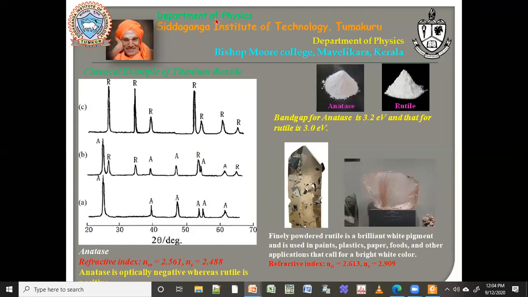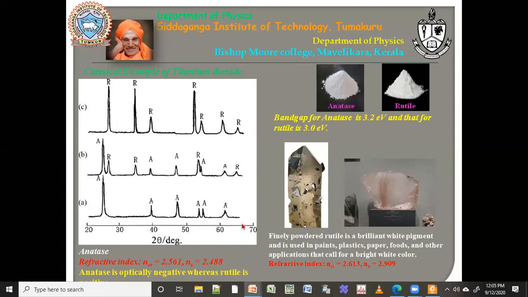If you take your anatase and start heating, that means you just put it in a furnace, and then keep increasing the temperature, around 700 you will start seeing the rutile. For example, if this is the sample which is heated at 500 degrees C, this is pure anatase. If I take a sample which is heated at 650 or 675, then I will start seeing these two phases. And if I further increase, maybe around 800 or 900, then it will completely convert into rutile.